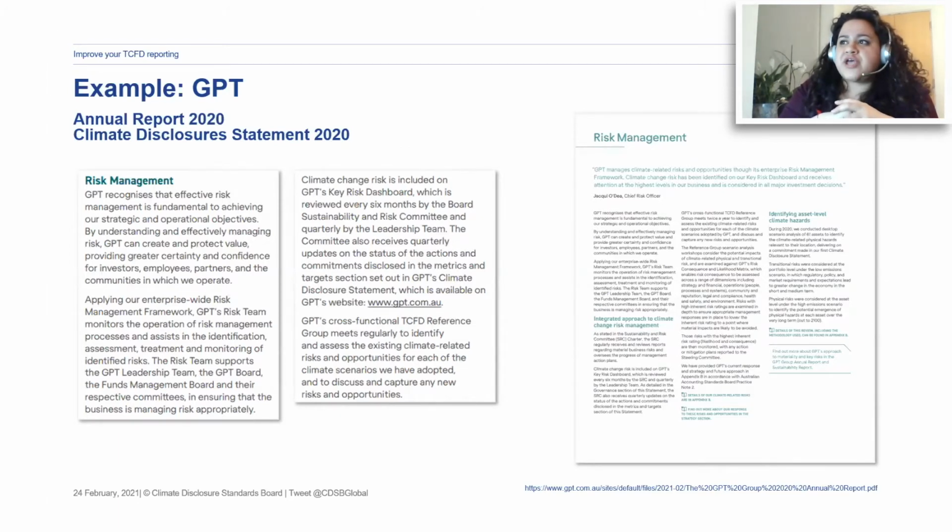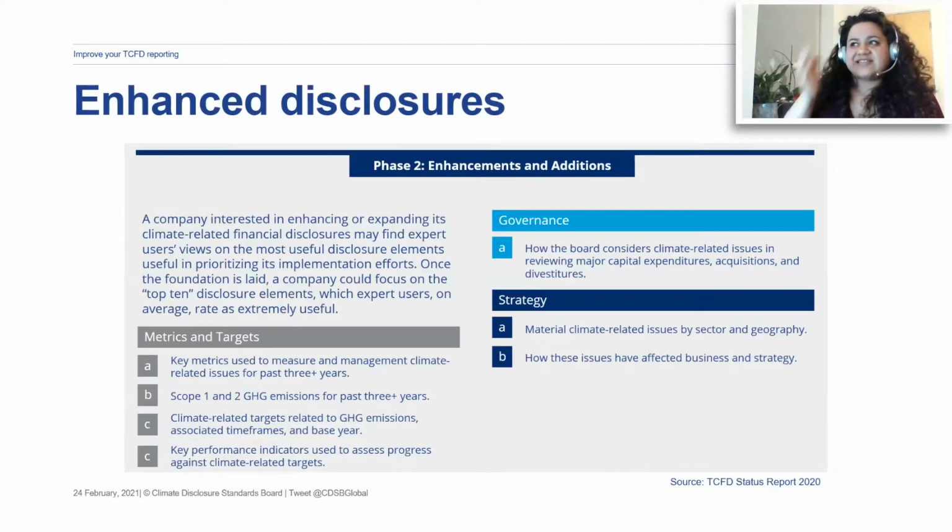And they also demonstrate the interconnection between the risk management disclosure and the governance disclosure, because they give us information about the role of leadership team and about their cross-functional TCFD reference group and how they're involved in identifying climate risk. So let's move on to the next stage, the next phase, as TCFD put it,